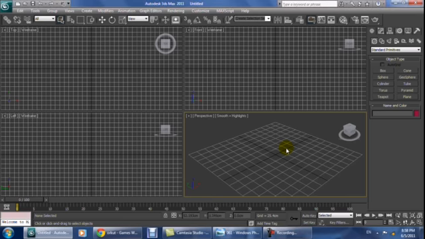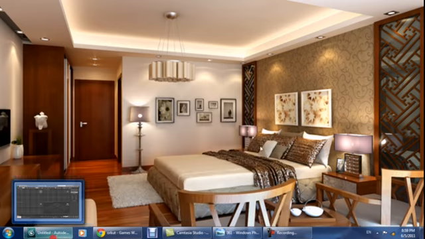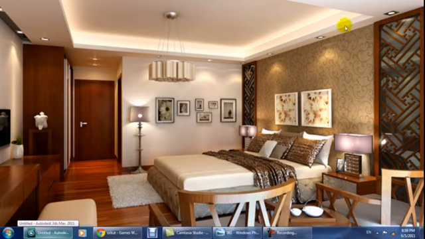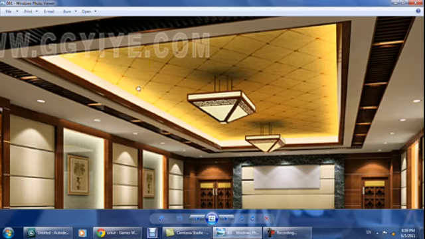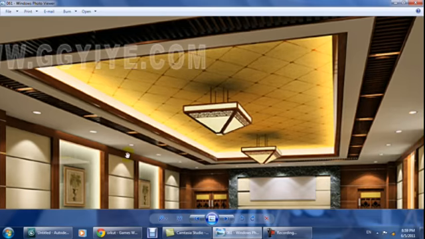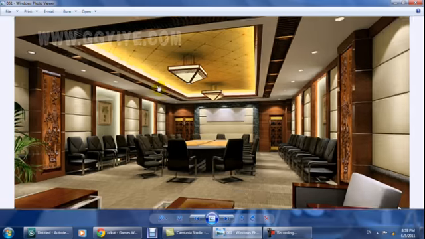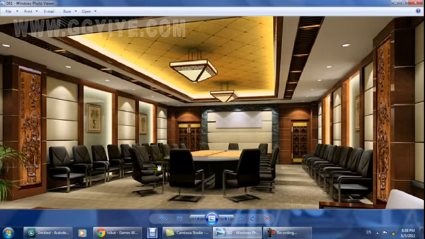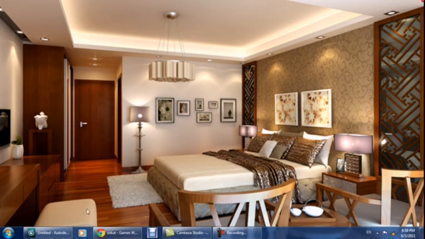Hello everyone, today I'll be giving you a tutorial about how to make cove lights, also known as rope lights or hidden lights in mental ray. What are hidden lights? Hidden lights are something which are found inside the ceiling, and another example is you can see this thing. So to make this you need to have your mental ray render switched on, and let's begin